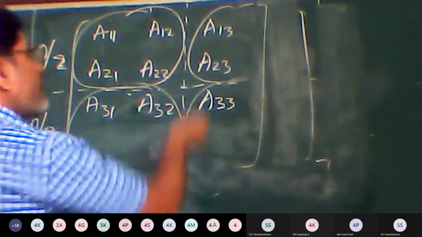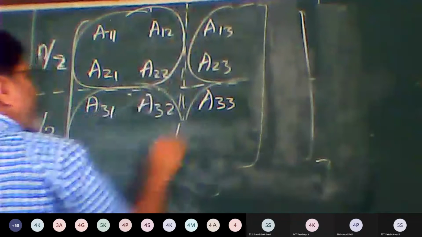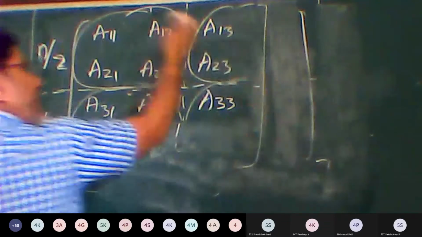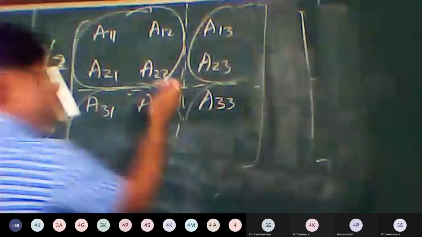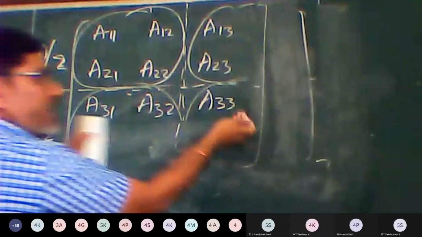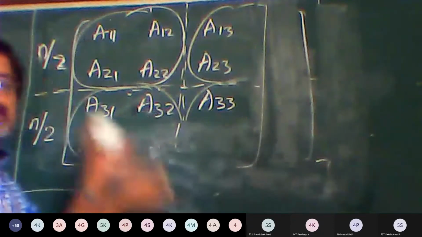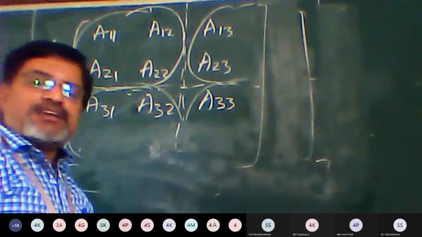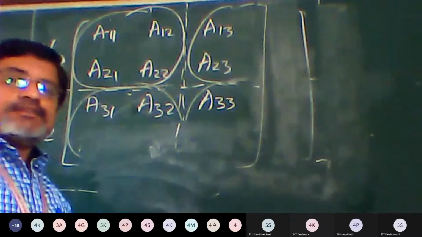If you try to divide them, this is the first half, this is the second half. On one quadrant we have 4 elements, on this side we have only 2 elements, and in the lower part we have 2 and here there is only 1 element. This is not an equal division here, and with this approach, we can't apply Strassen's multiplication method.